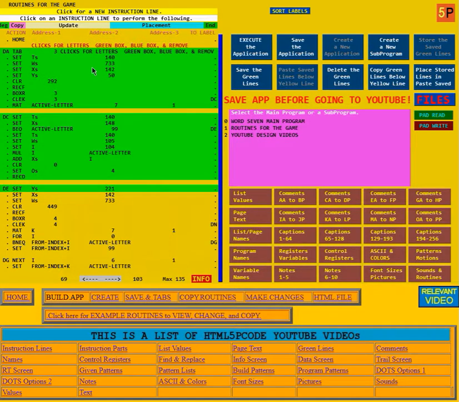This is the video for routine 103 for the Word 7 game. I've highlighted in green here the part of the routine that is about selecting the active letter in the green box. It sets the value of T for tall to 140, W wide to 733, X and Y to 142.50,